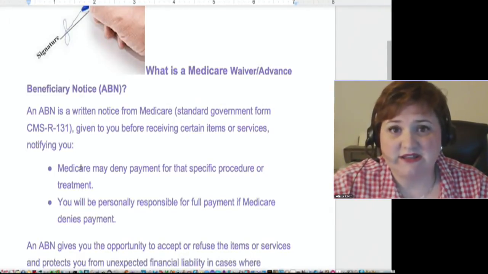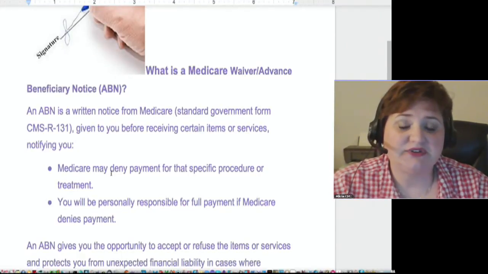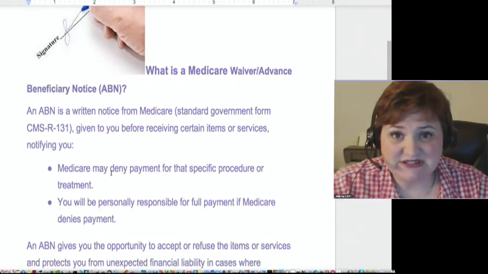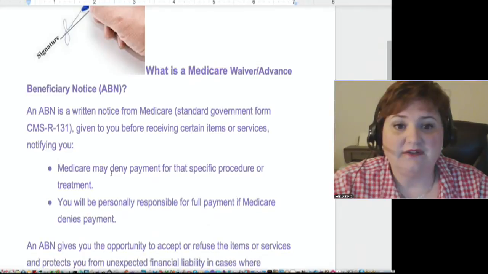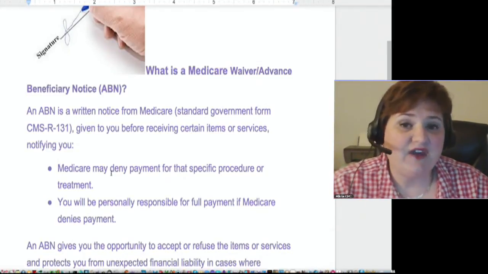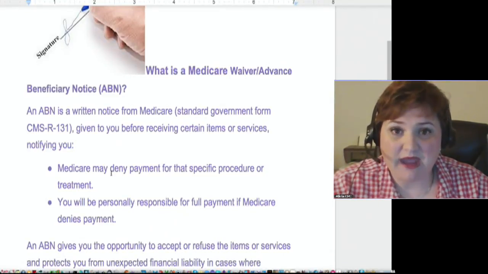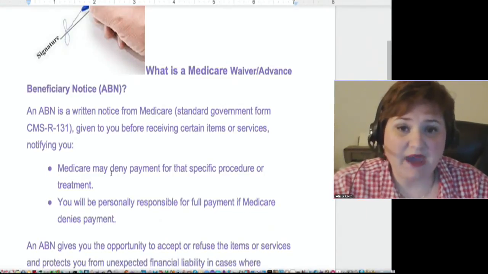What it tells the patient is that Medicare may deny payment for a specific procedure or treatment, and that you will personally be responsible for full payment if Medicare denies the payment. And that's why it's called an advanced beneficiary notice. They're saying, in advance, we want you to be aware that Medicare may not pay for this. And if they do not pay for it, then you will be responsible for the payment. So